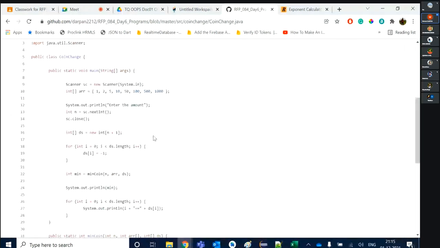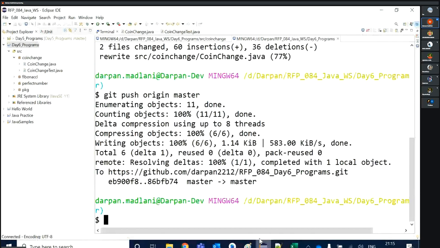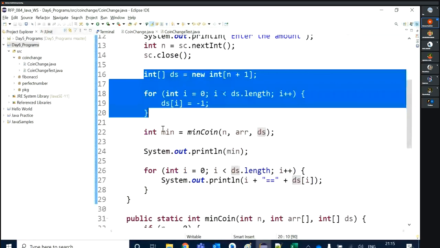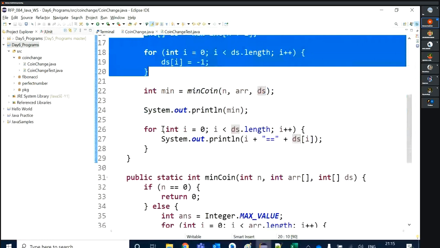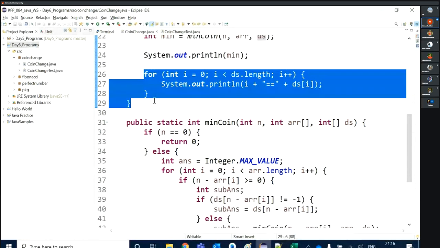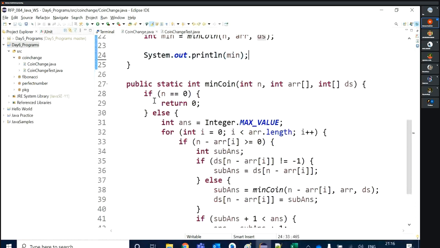Okay, the whole program is there, and let me check if any commented code is remaining. Okay, no. Even this, yes. Do not need to print this DS array. Just need minimum coins required.